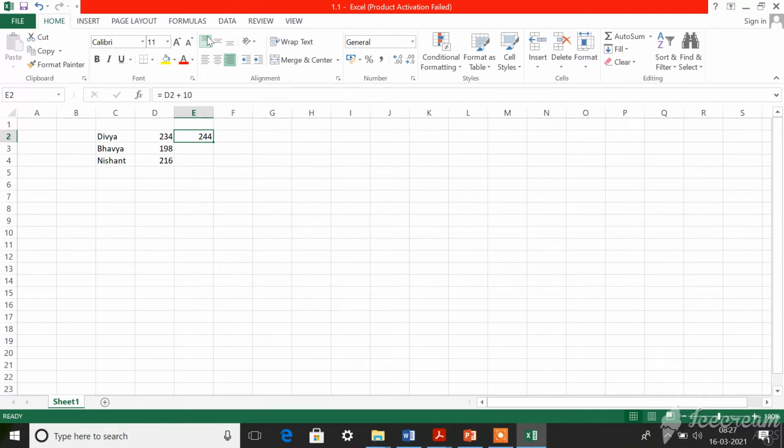If the cell is a little big, when you bring the cursor to the end of the cell you can see this plus sign. When you see this plus sign, you double click there and drag.